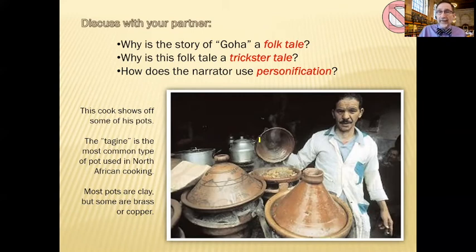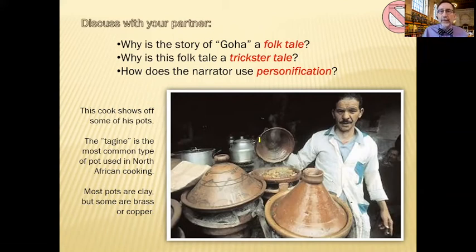Borrow a pot, give a pot back. Goha's actually short a pot at this point. Borrow 2 pots, give more pots back. Goha's even short more pots. But he counted on the fact that the neighbor would try to trick him. And when the neighbor gives him all of his pots, Goha takes them all and never returns them. And his explanation at the end is, you thought they could have babies, so why can't they die? We know what happened. Goha just kept the pots for himself, maybe even sold them. And pots for northern Africa like that would be something very valuable.